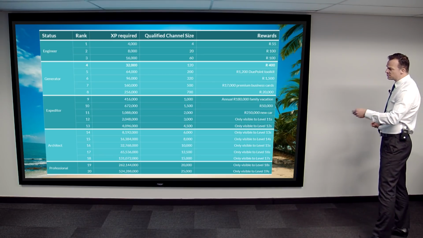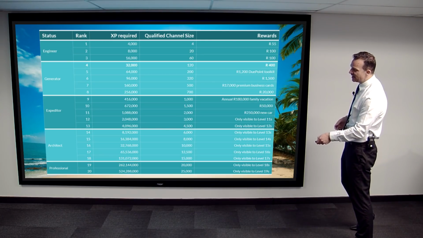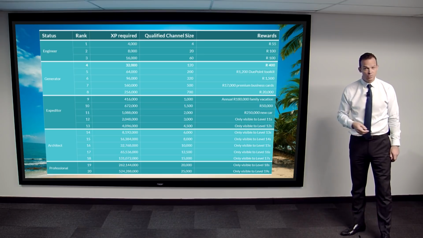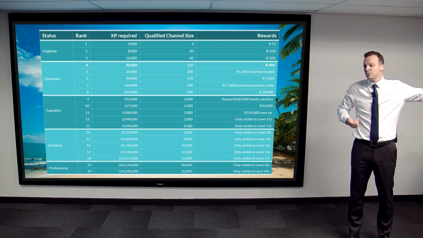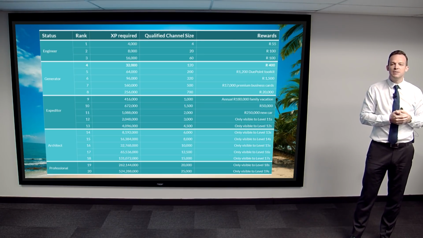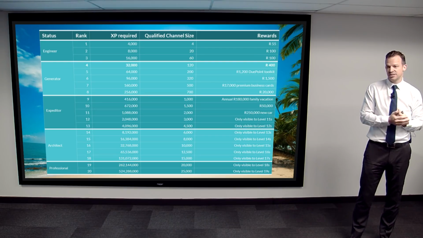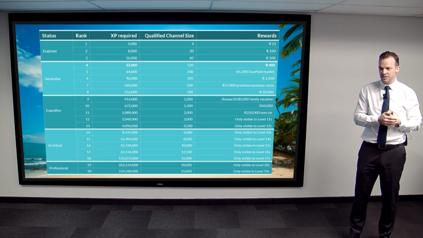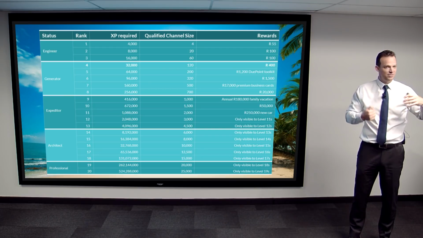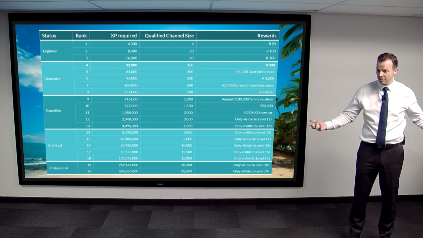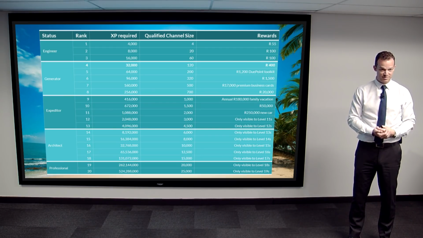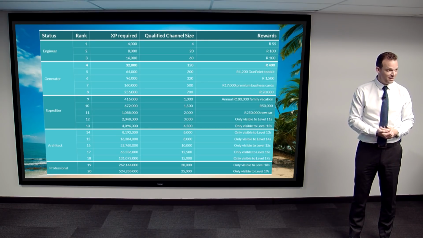So that's what the rewards program looks like. It actually goes up to rank 28. We're only showing you up to rank 20. We've designed it up to rank 28. We think it'll take, based on our projections, about 20 years to get to rank 28. But you can imagine, if you're committed to this process, if you become part of DuePoint for life, that's waiting for you, right? And it gets bigger and better and bigger and better.